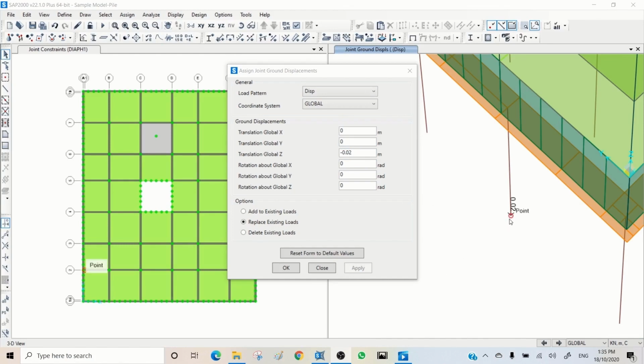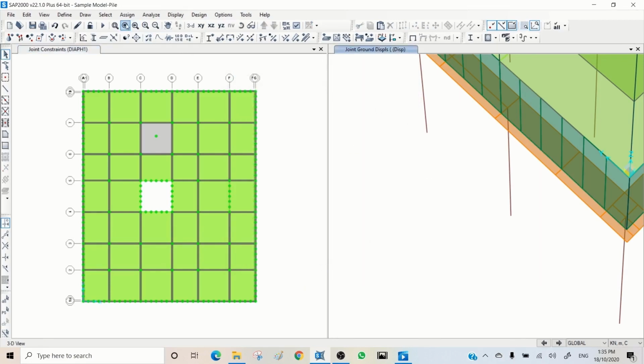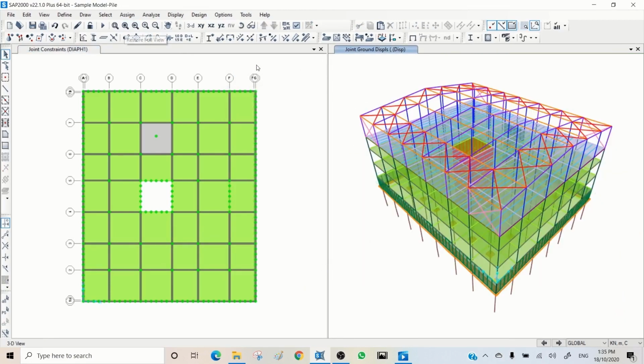So these two options are for joint load. I will remove this because I don't want to have it. I can put 0 here and replace, or I can delete existing. So both would do the same. So I close these and go back to my original view. Now let's see what options we have for applying load on frames. So I'm zooming again here a little bit,